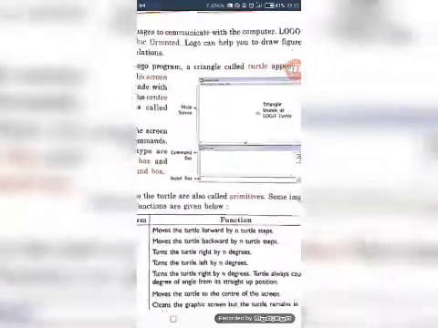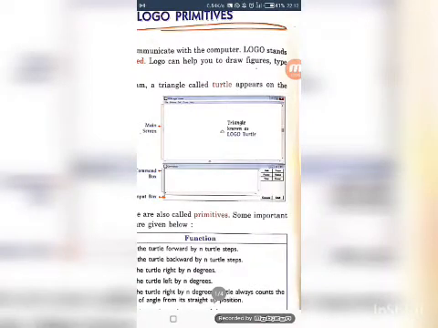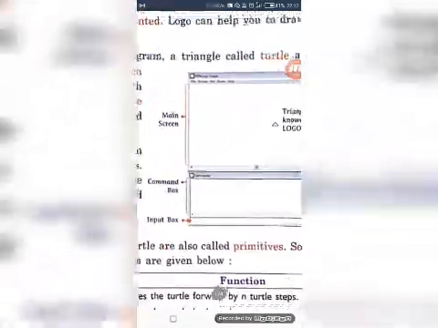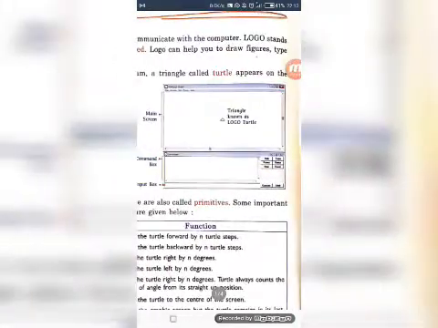So first of all, learn about what we call the different parts of this screen. This is the main screen, which is present on the top.